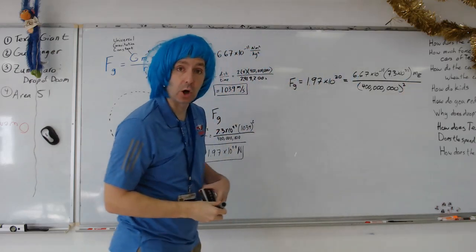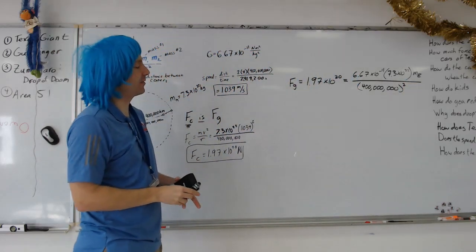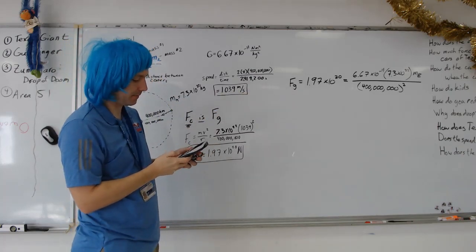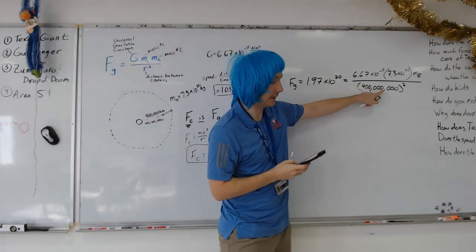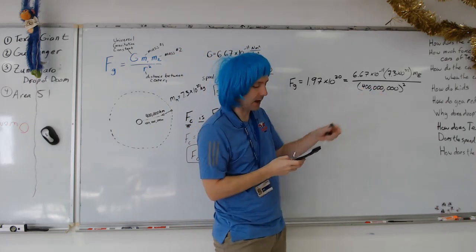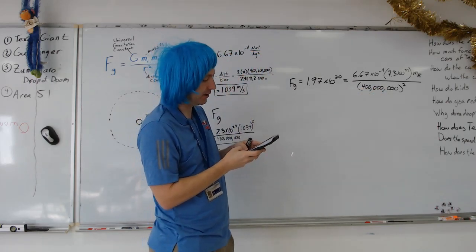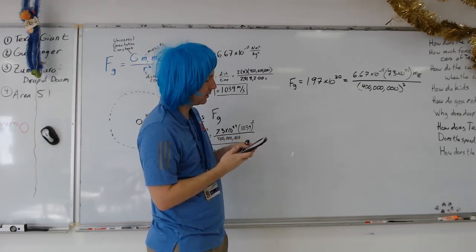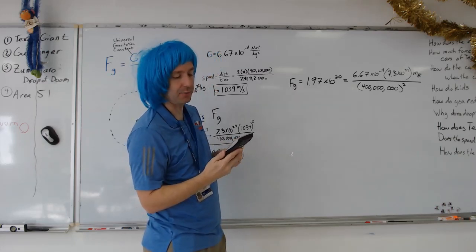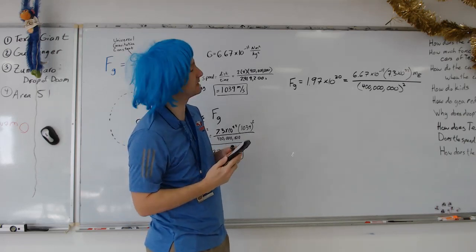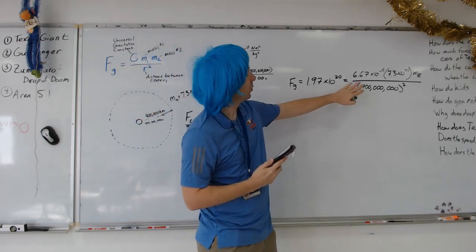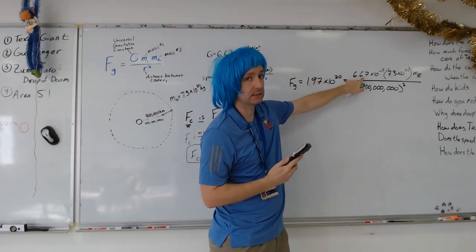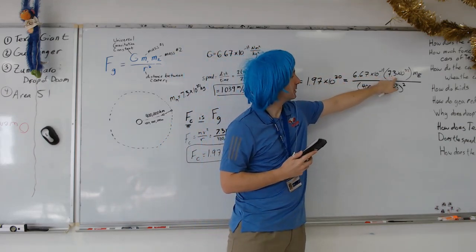All right, so from there we should be able to do the math. We'll take that 1.97 times 10 to the 20th. We're going to get this off of the bottom, so we're going to multiply by that 400 million squared. This is going to give us a really big number. I've got 3.15 times 10 to the 37th. Then, once this is over on this side, I need to divide by this, and I need to divide by